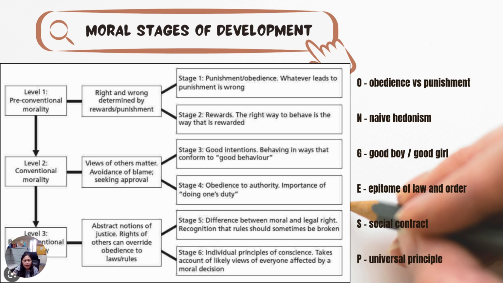The universal principle takes account of the view of everyone affected by a moral decision, meaning you live out your principle of conscience, meaning you stand for what is right